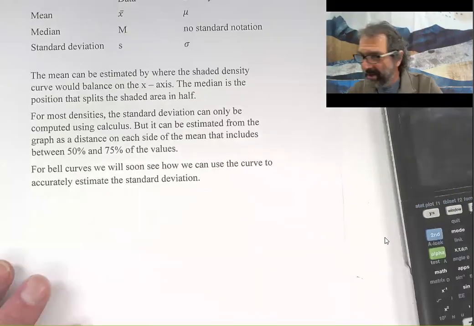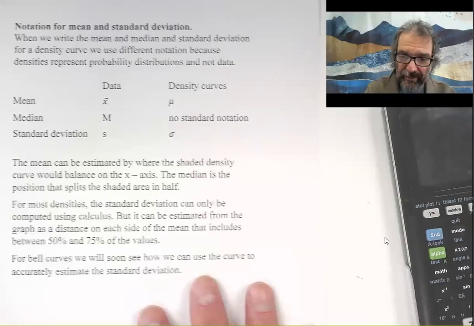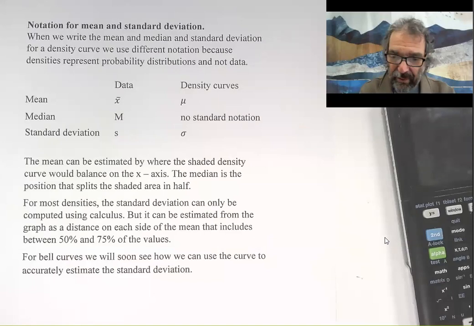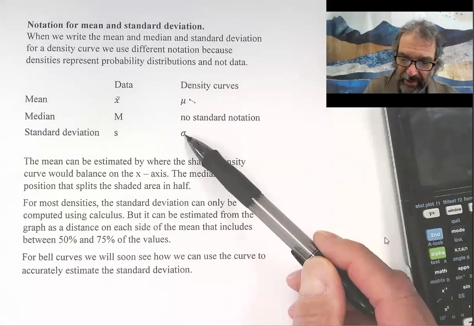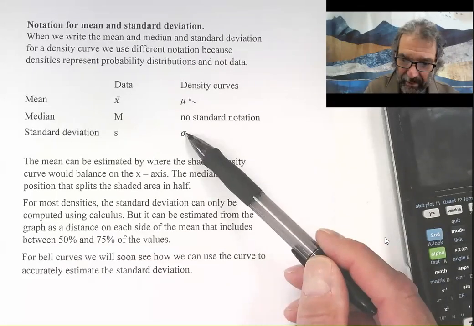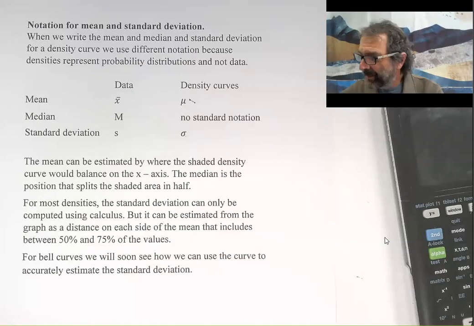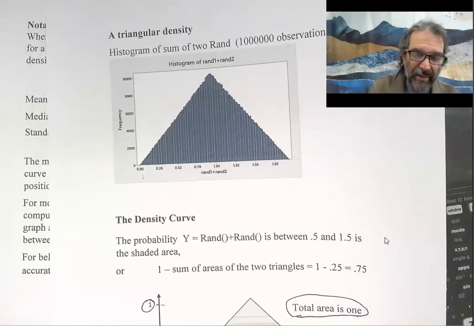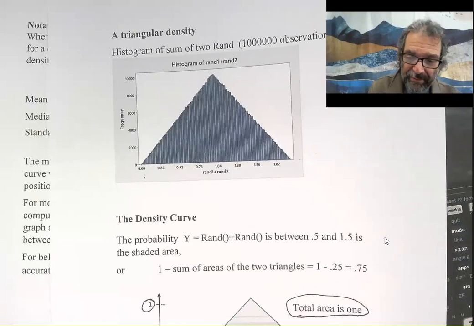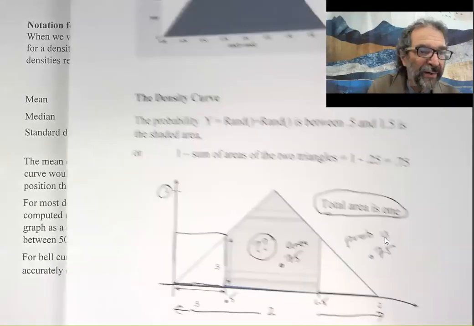So finally, after all that work has been done, we head back over to some notational issues. When we've already seen this happen, when we had discrete random variables, we had the mean and standard deviation, wrote mu and sigma. But here things get a little more interesting because the way we create the density curves is by observing a lot of data and drawing a histogram. And so we naturally have to think about the mean and standard deviation of the data set and the mean and standard deviation that goes with this